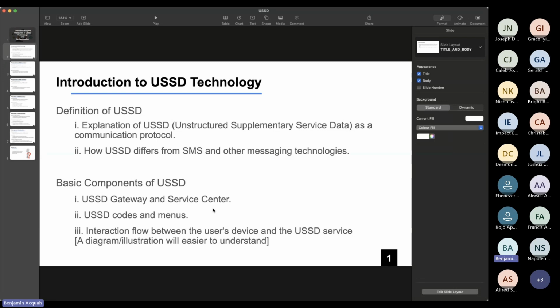So it's a communication tool, as the definition said, and SMS also happens to be a communication protocol, a communication module as well. The relationship between them is that they all use GSM in communication, and they do not directly use internet connectivity to perform or render their services. So with USSD and SMS,